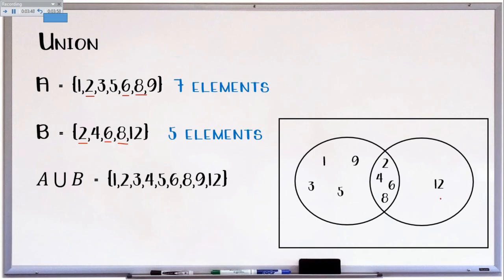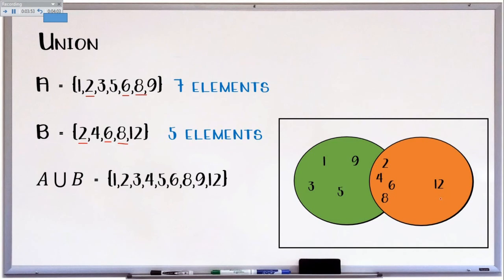Now you can see this is A, this is B, and the middle values are the values that are present in both sections. So these values and these values and these values are all A union